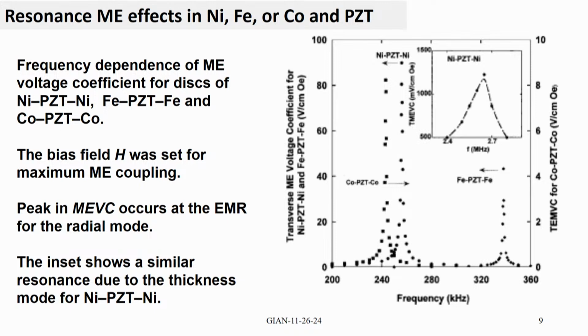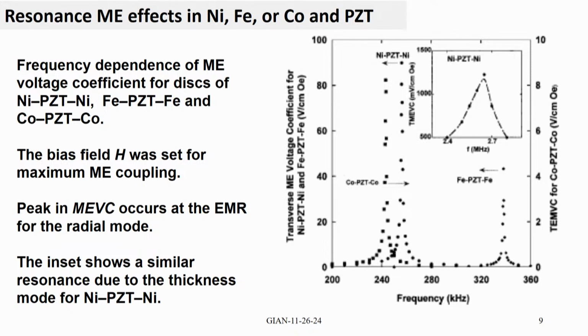On the left, it is the scale for nickel and iron. As you see here, for nickel trilayer with PZT, the maximum value at resonance is as high as 80 volts per centimeter. It is very high, and this is the kind of values you want for applications related to sensors